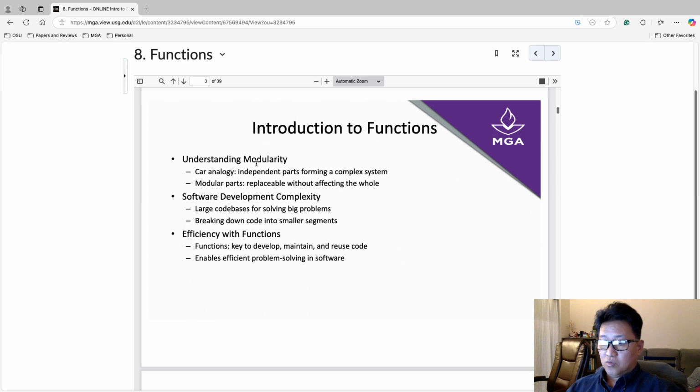Okay, so modularity. We have modularity with using functions actually. One module is one function. Okay, the car, for example, is independent parts forming a complex system. Actually, a car has typically how many parts? I heard 20,000